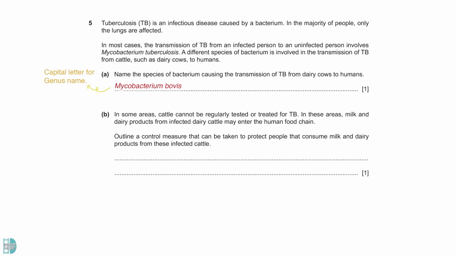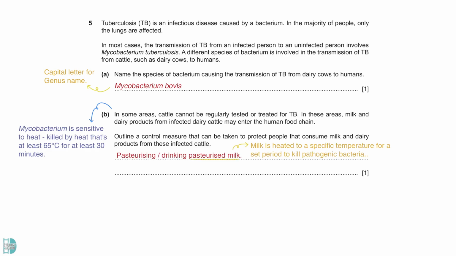B. Outline a control measure that can be taken to protect people who consume milk and dairy products from these infected cattle. Mycobacterium is sensitive to heat and can be killed by heat that is at least 65 degrees Celsius for at least 30 minutes. To ensure the safety of milk, a process called pasteurization can be carried out. It is a process by which milk is heated to a specific temperature for a set period to kill pathogenic